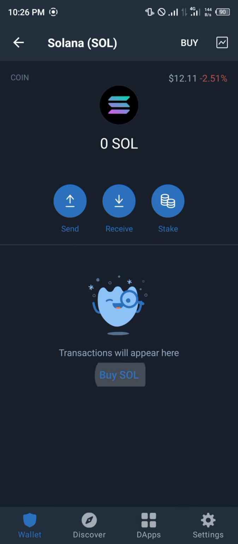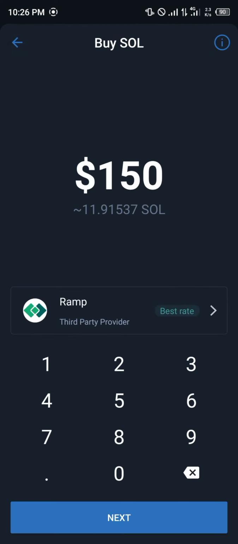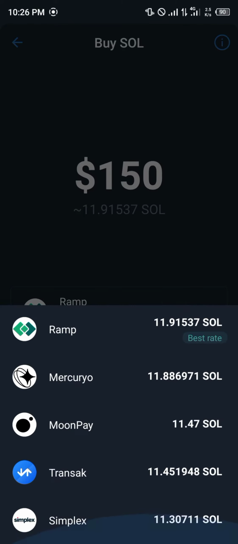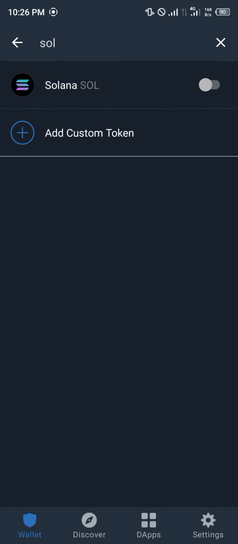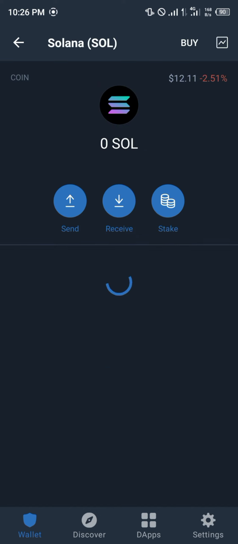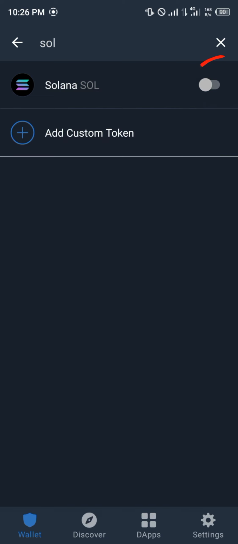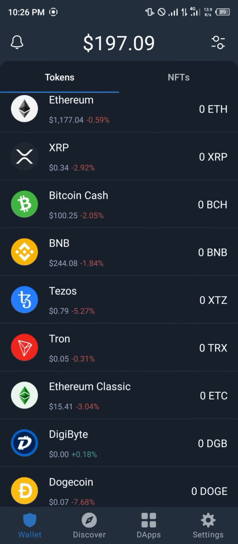You can either buy Solana. They give the option on Trust Wallet through different exchange platforms: Mercuryo, MoonPay, Transak, Ramp, and Simplex. But right now we are just going to add Solana to our Trust Wallet app by simply clicking on the toggle, switching the toggle icon to the right,